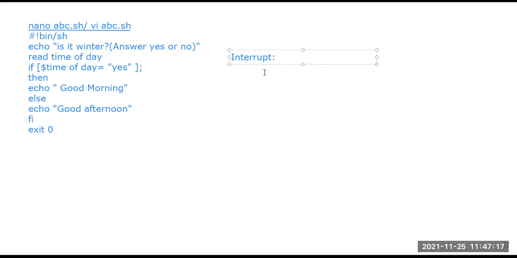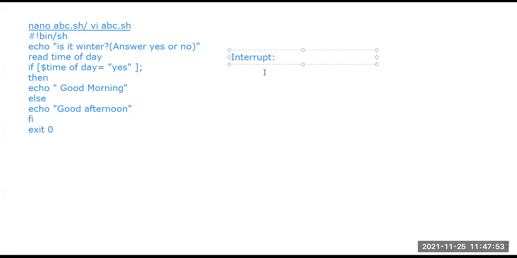A synchronous interrupt is generated by executing a special instruction from the system, and an asynchronous interrupt can be generated by any external event, something coming from externally.